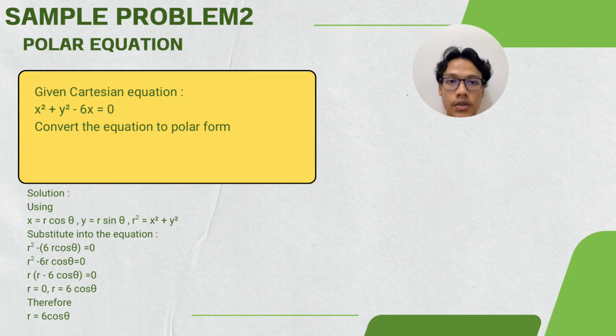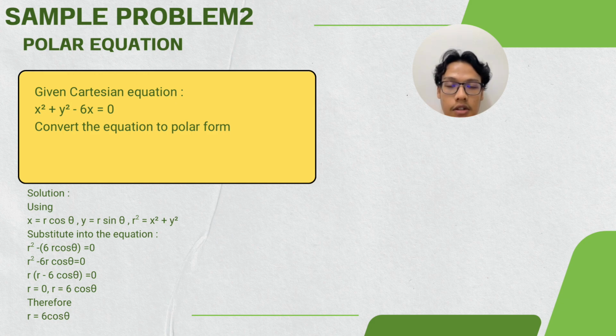For the solution, using the polar form identity where x is equal to r cos theta, y is equal to r sin theta, and r squared is equal to x squared plus y squared. Substituting the polar identity into the Cartesian equation, we will get the equation r squared minus 6r cos theta is equal to 0. Then we will expand the equation, then factorize the r,